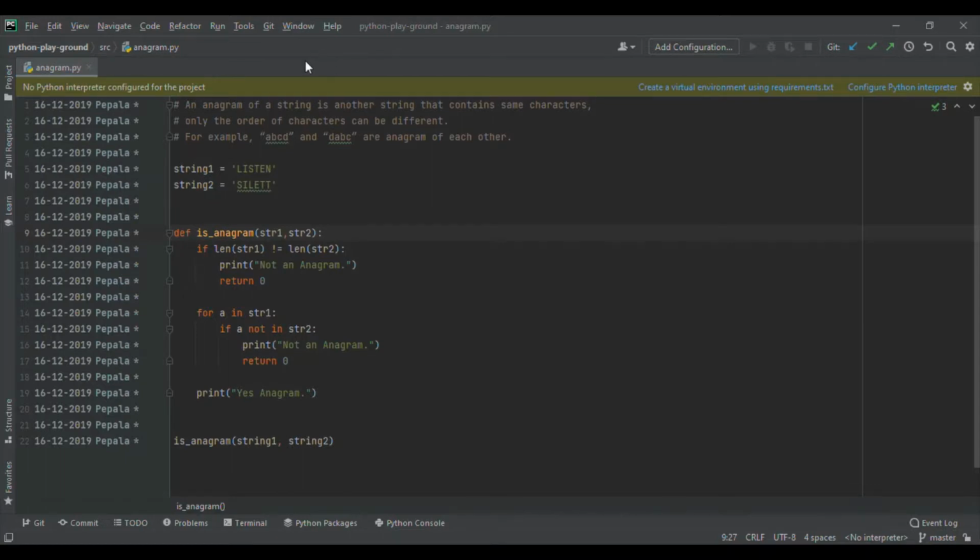If I want to search for classes, Control N. If I want to search everything, Control Shift F, all the files in the environment. So I'm doing Control Shift F, and I can search for something.